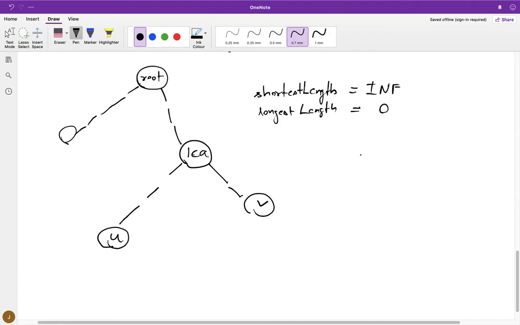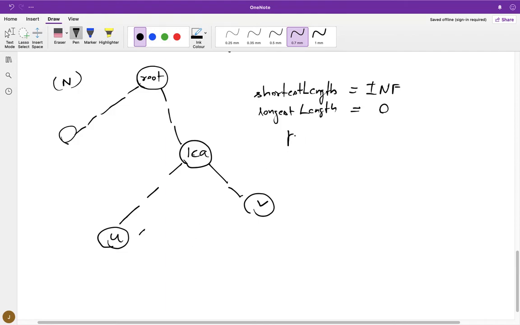Now this is the trickiest part. How are we going to use the information that we have, those three tables, parent, min length and max length, to find the shortest and longest path? See, in this rooted tree, for any node U, what is the maximum number of parents you can get? Obviously nth parent, because my tree has a total of n nodes, so any node can have at max n parents.